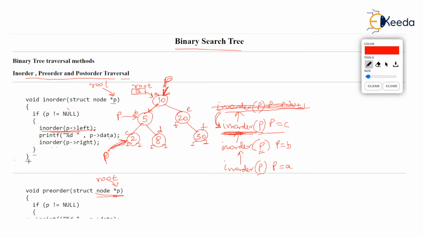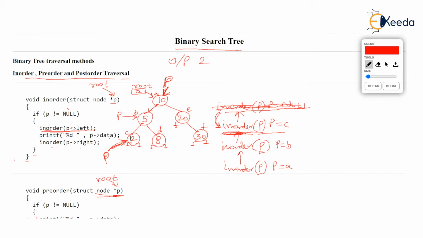Remember, inorder left from this line, isn't it? It went back to inorder. So when the inorder function will resume, it will obviously resume from printf. I hope you are listening properly, isn't it? Because last time when the inorder left out, it left out from this call. So when it resumes, it will say, hey, I will resume with the next line. The next line is printf, and it is printing p arrow data. Now please try to understand, p arrow data here is 2. The function we are talking about is 2. So the first output printed by inorder is 2.